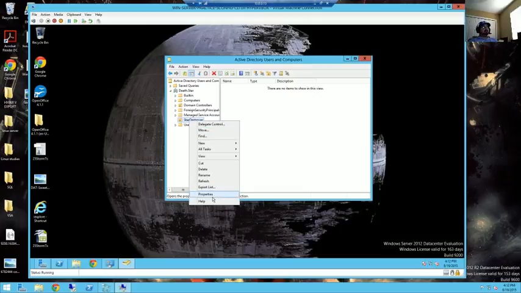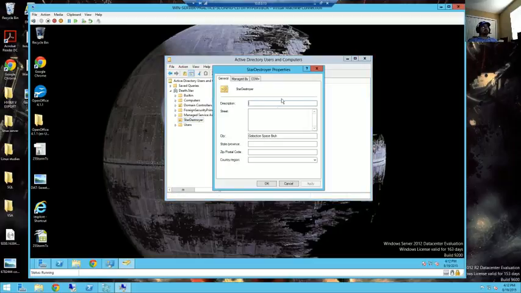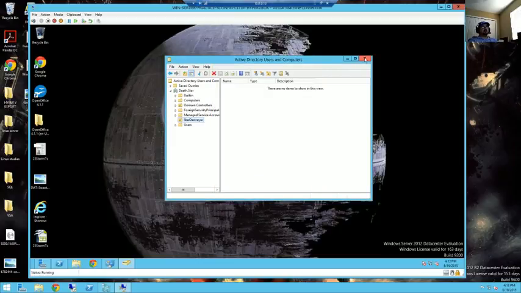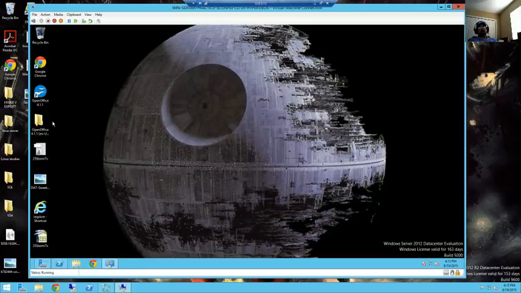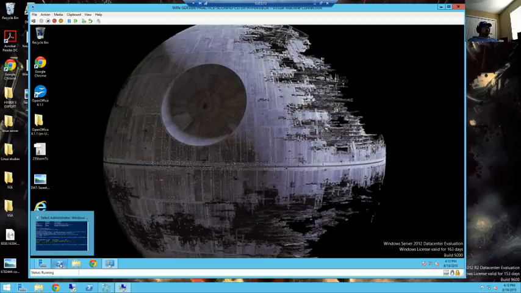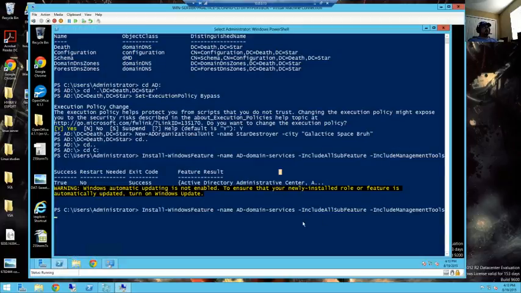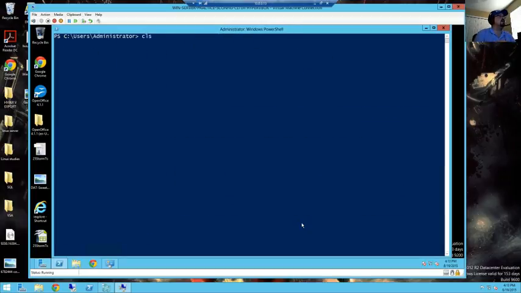We're going to look at the properties, and we've got the city there. But let's just say I want to change the description. Let's say that this ship is the oldest ship in the fleet, and it's, I don't know, 80 years old. So we're going to go back here, and I'm going to hit Control C a couple times and just clear the screen out so we can get back to our